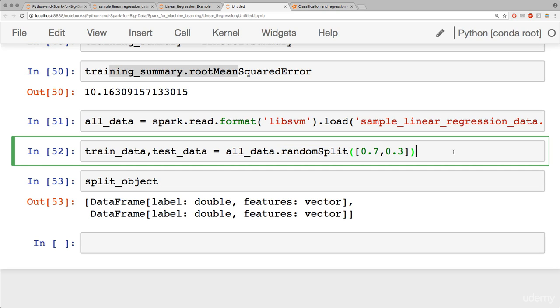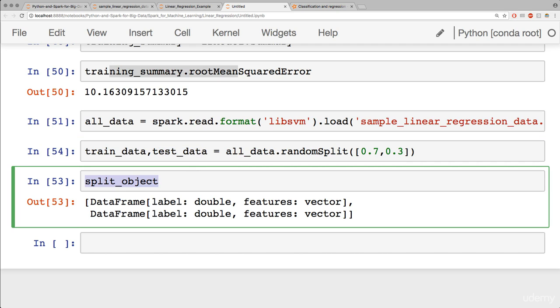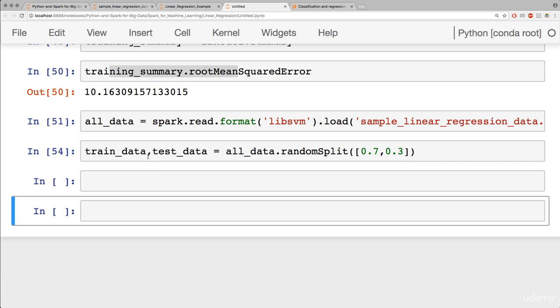What you don't want to do is just grab the top 70% and the bottom 30%, in case by accident your data has been sorted. Instead, you want to randomly grab 70% of the values and stick them in training, and the other 30% of the values and stick them in test data. So let's run this. And now what we're going to be doing is working with that train data and that